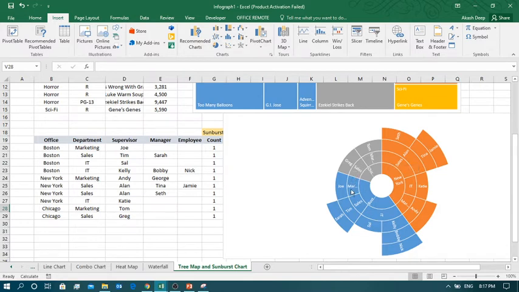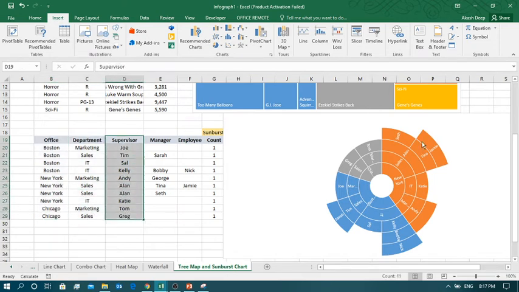Same way, the second most inner circle is the second level of hierarchy, the third is the third level of hierarchy. And this is how the counting works: this is the first, highest level of hierarchy, this is the second level of hierarchy. So again, as you present your data,